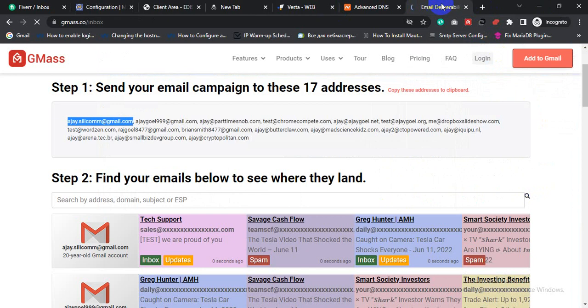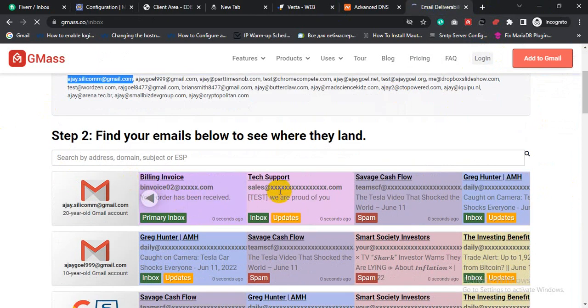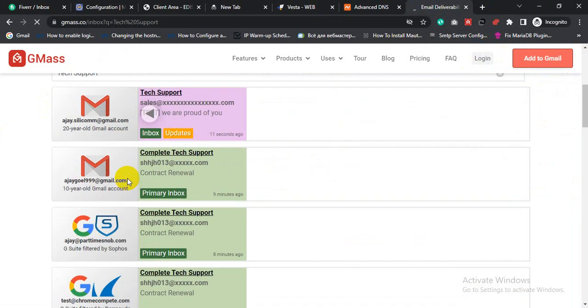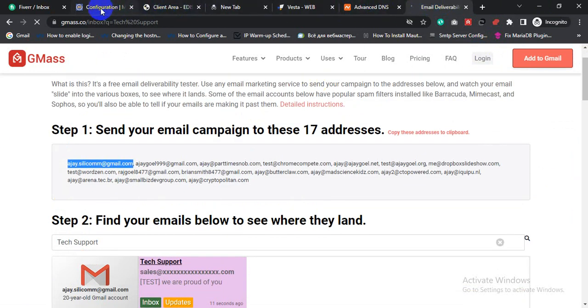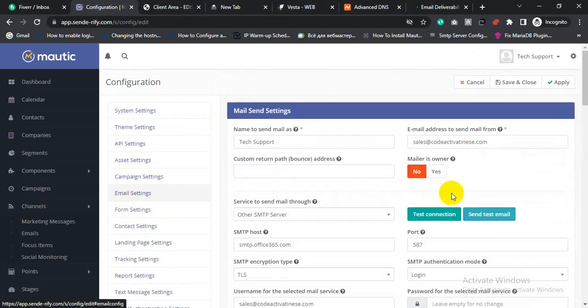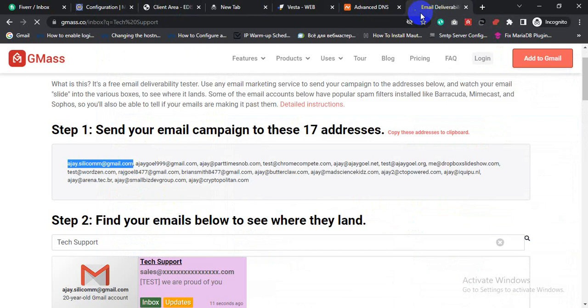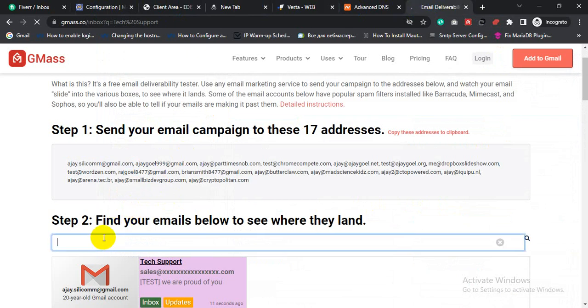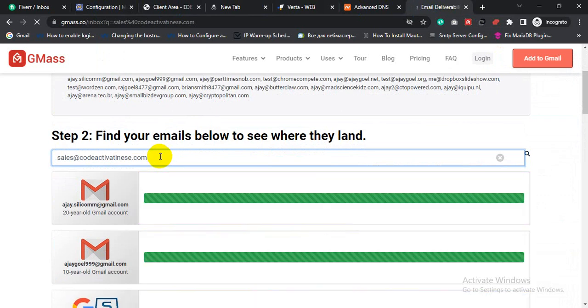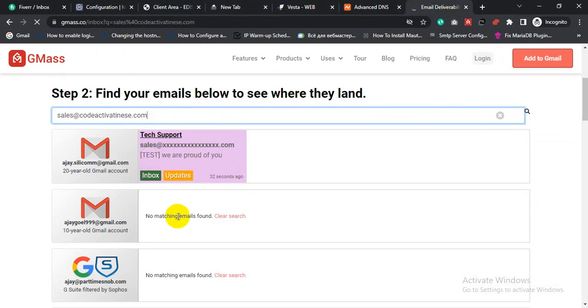Test email were delivered, and look, this email landed in inbox. Search my email address inside the GMAS. So 32 seconds ago this email were delivered, and I got this email inside the inbox, and let me send